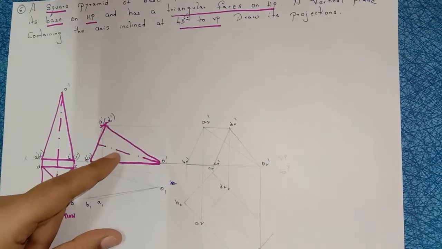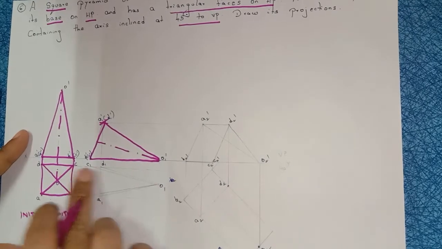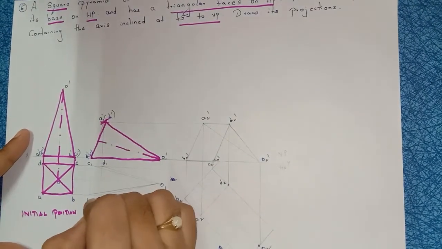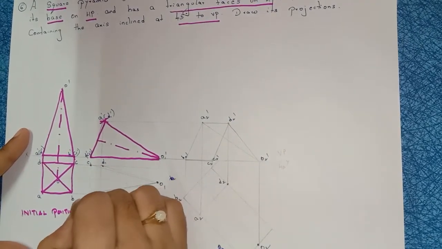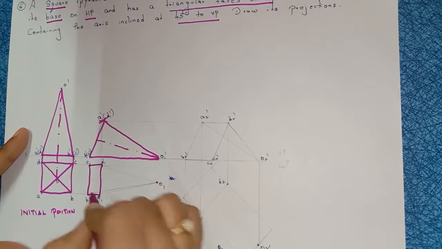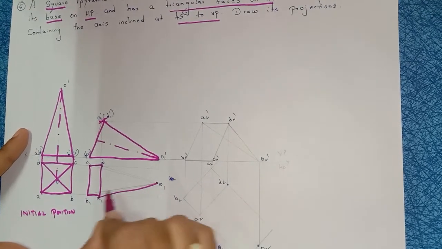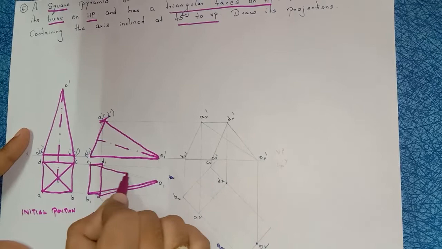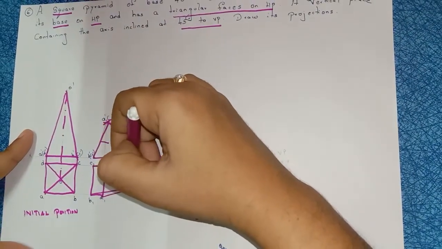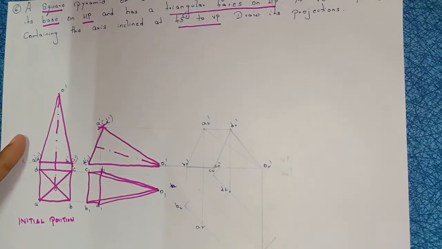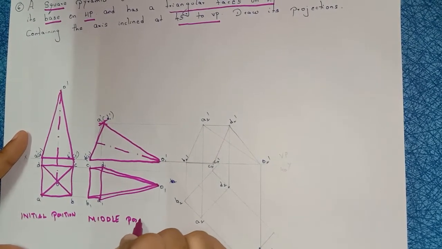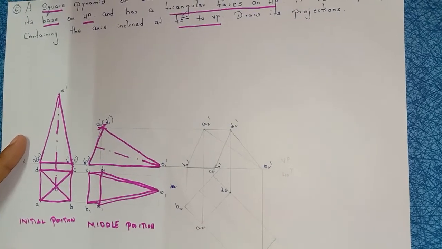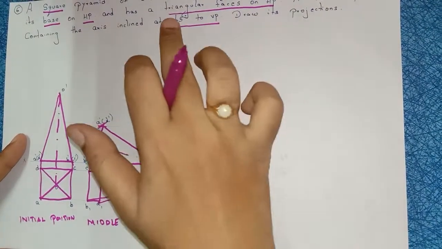Right? Then next after constructing this, you know the next step. From every corner of the square you have to draw the horizontal lines. Join from A to A, B to B, C to C, D to D, from O to O. If you join all this A, B, C, D, you will get the square. Right? A to O, B to O, C to O, and here D to O. You will get the square pyramid. This is your middle position. Right? Then next, what is the next step here?